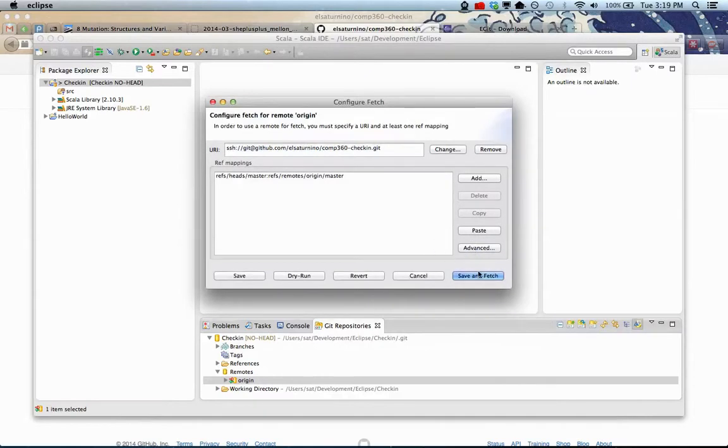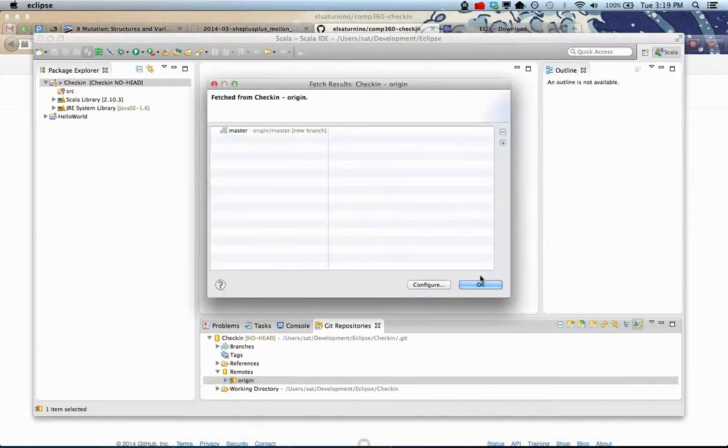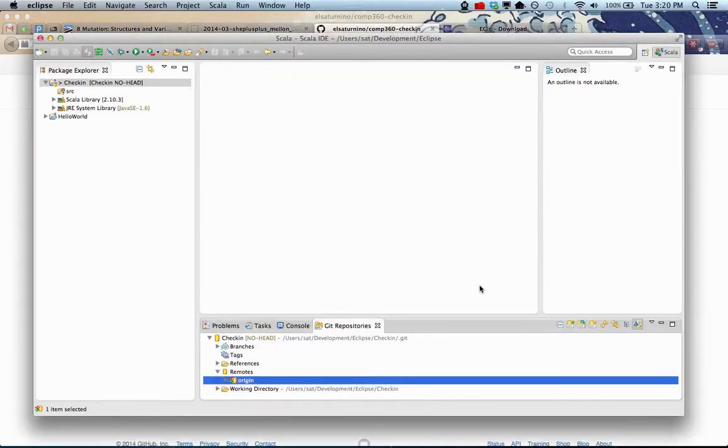And now I'm going to do save and fetch this time. So save and fetch. And I'll go through, and everything looks okay. You should get to this point, fetched some information, click OK, and that's good. So we fetched the information, but there's two steps. First you have to fetch, and then you merge it in so that you can see the changes in your